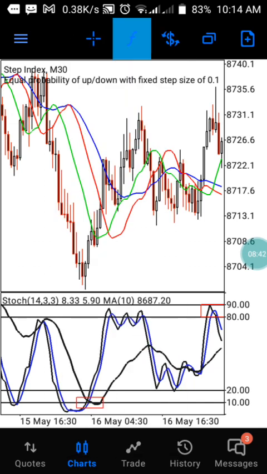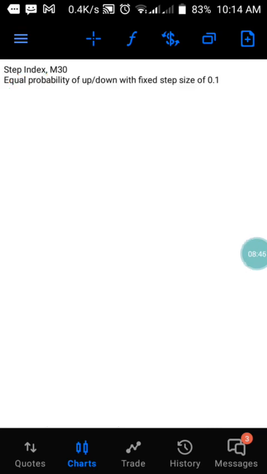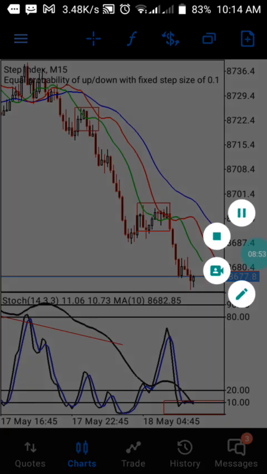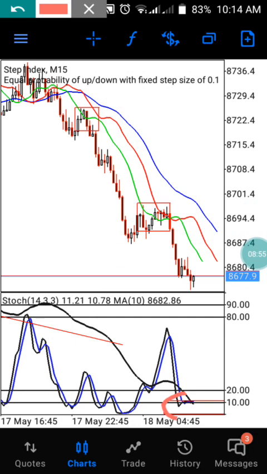So let me show you guys how it works on 15 minutes also. You see, this is the 15-minute time frame. Currently we have our oscillator moving on the same level here. You see, we have our moving average reaching the 10 level now. So now we are not waiting for the alligator. You might wait for the alligator, but if you are not, you might enter your uptrend